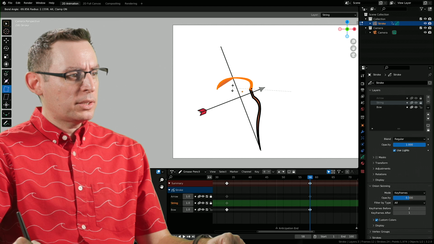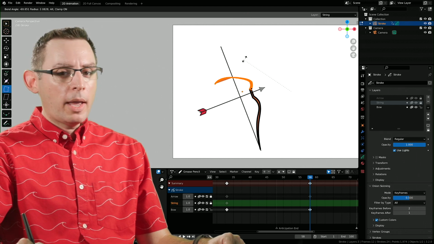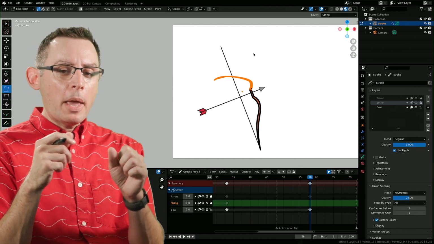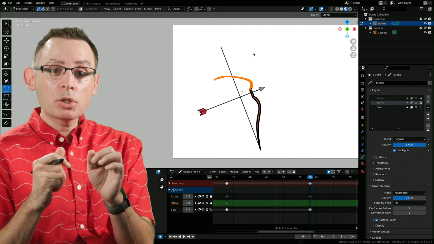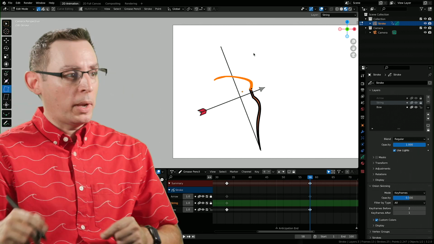Why is it over in the center of the screen? What's the dealio with that? Well, we now have to make an adjustment to the 3D cursor. The bend tool is always going to use the location of the 3D cursor to determine its bend kind of center point, if you will.